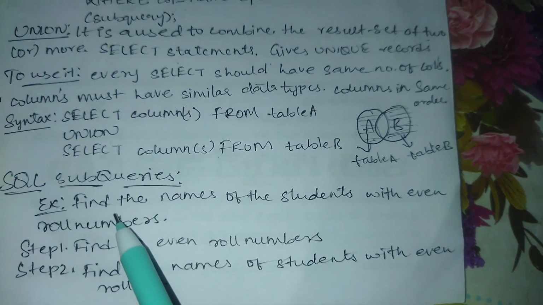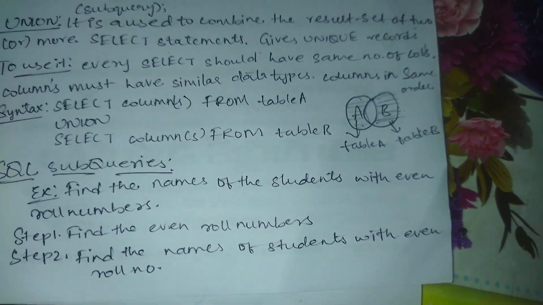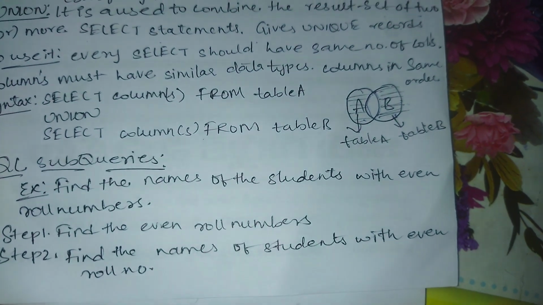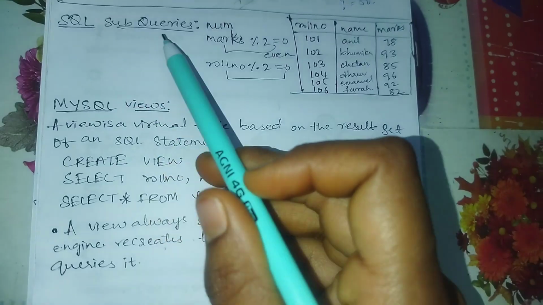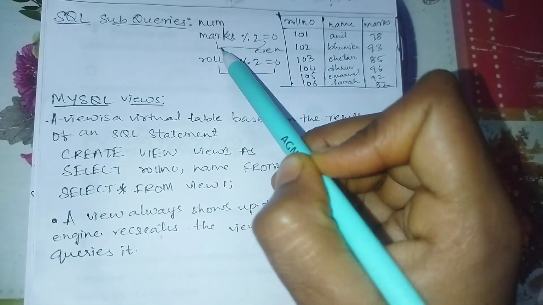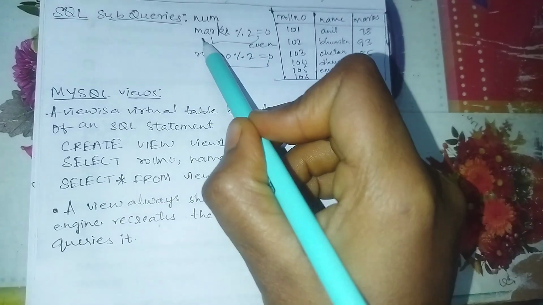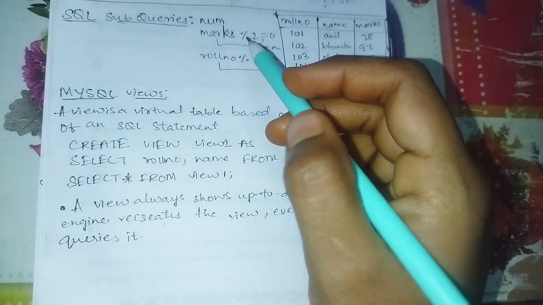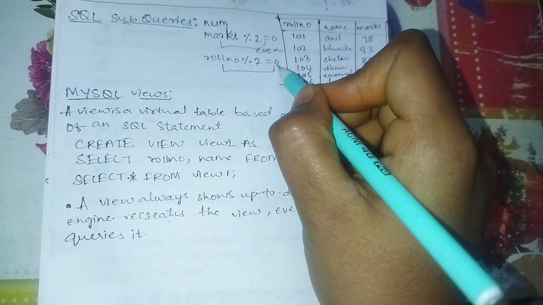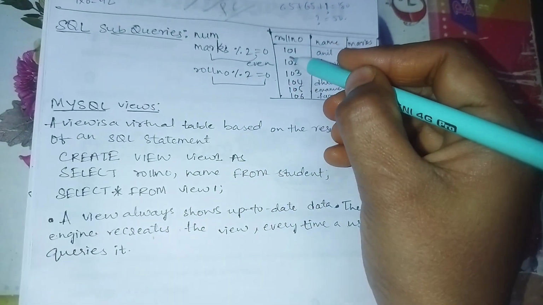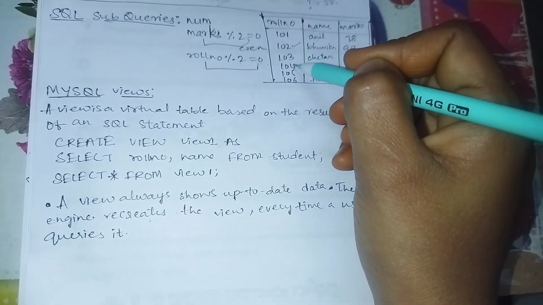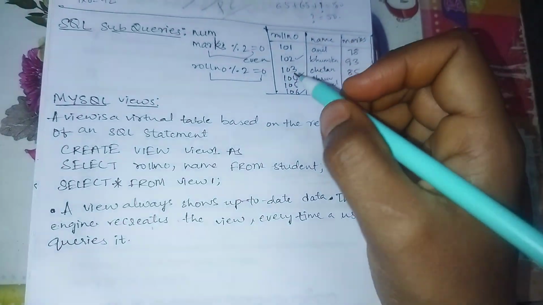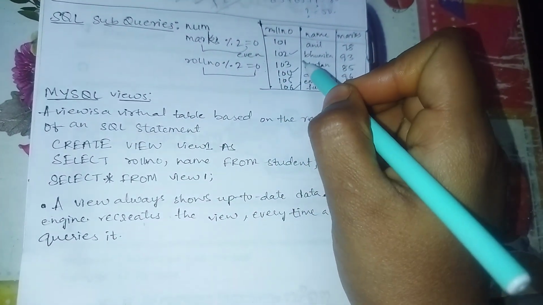SQL subqueries can be used to find the names of the students with even roll numbers. First find the roll numbers, then take the even numbers. This is the even condition: roll number divided by 2 equals 0, then it is even. 101 is odd, 102 is even. After taking this condition, it returns only the even values: 102,